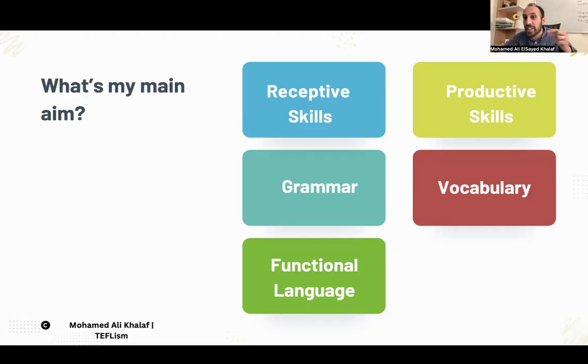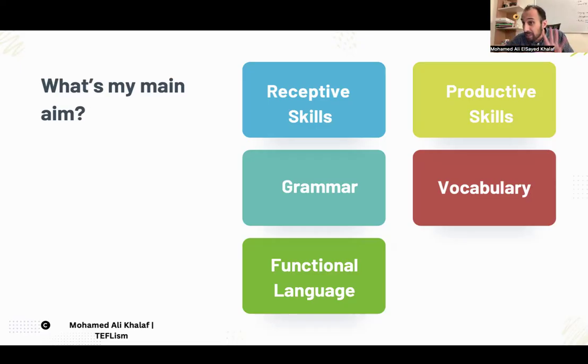Remember, we do not decide the main aim ourselves. Like on a TEFL course or in CELTA courses as well, the tutors give the trainees or the teachers the main aim. Why? We need to make sure that you teach a variety of lessons, not only a couple of grammar lessons, a couple of vocabulary, a couple of reading or listening. We need to make sure that you taught everything, or mostly everything.